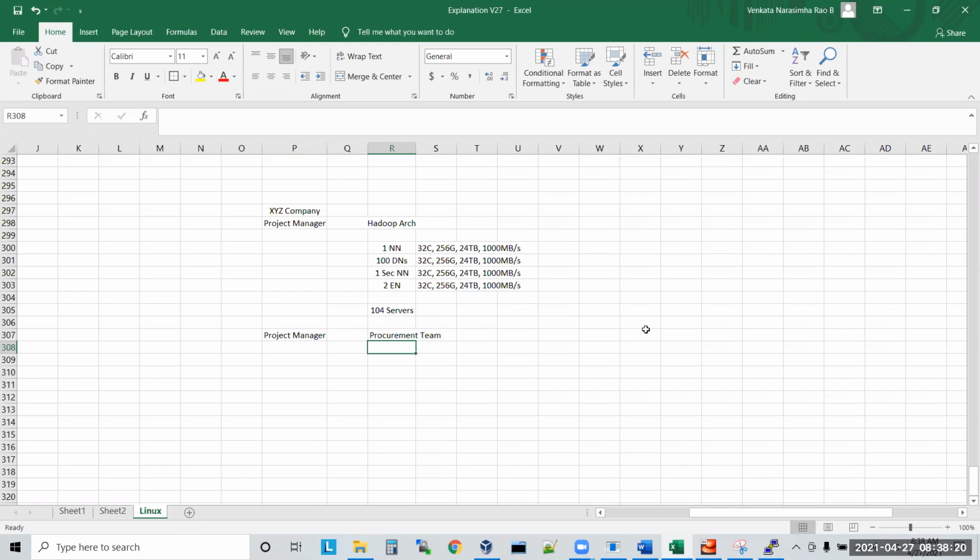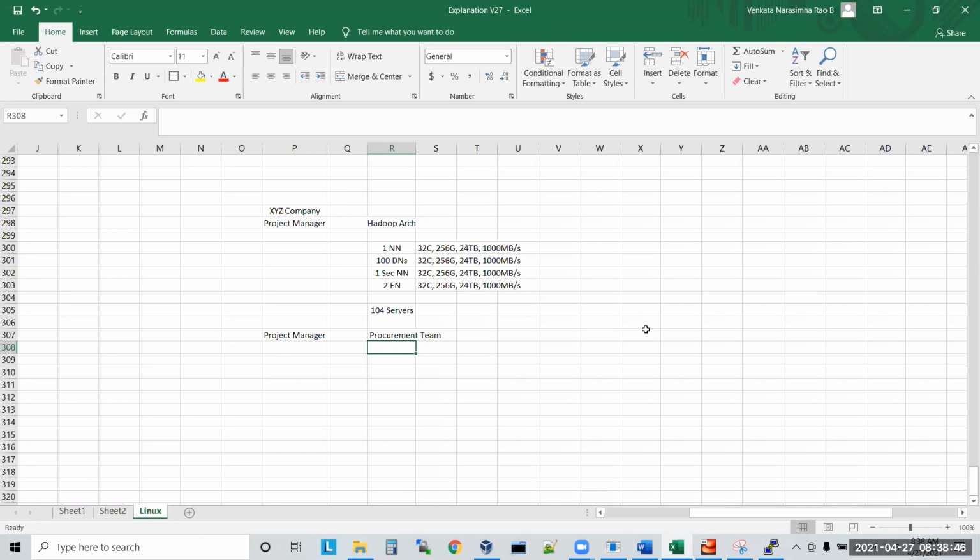Understood? Workers will never go to a shop and buy the tissue papers and put them into the toilet. There will be a team who will be supplying this inside the company itself. That is also called the procurement team. So procurement team means you need something from outside. As a manager, let's say you are a project manager, will you go and buy servers on your own?